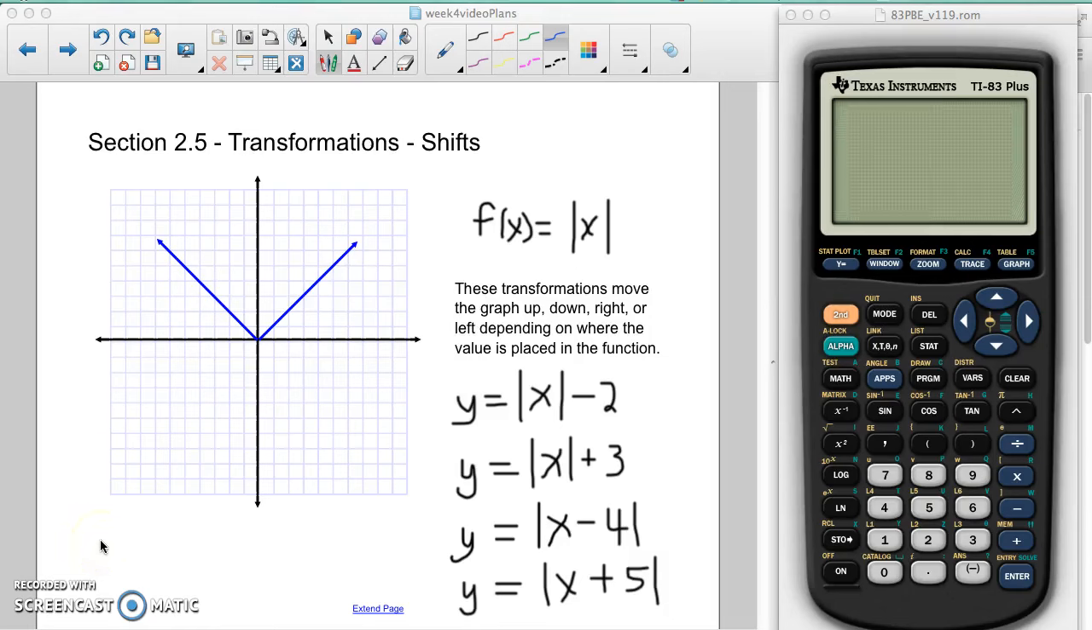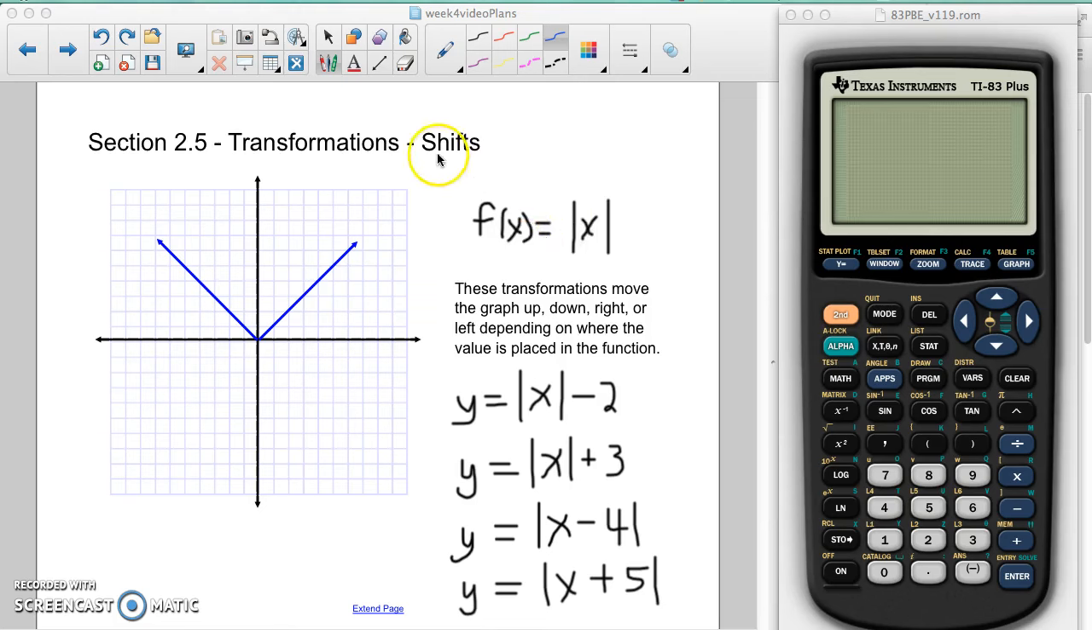In this video, we're going to be looking at transformations of graphs. There are three different transformations we're going to be looking at. In this first video, we're going to be looking at shifts of a graph. So we're going to start off with one of our elementary functions, f of x equals the absolute value of